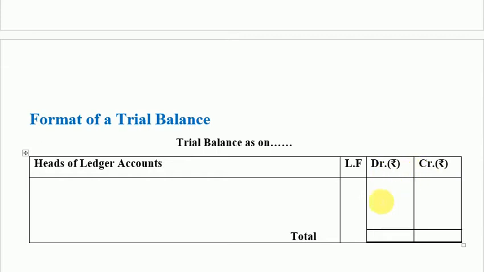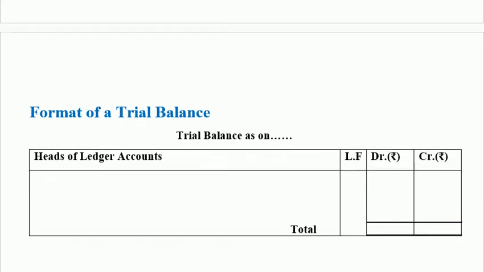And these are the subheads, whereas the main head given on the top of the format is trial balance as on a particular date. Whatever date it is prepared, it is mostly the end of the month or a year or half yearly. We have to write that date here, and that is why there is no date column, just like in bank reconciliation statement. And finally, when you are done with the debit and credit postings in these two columns, you write the total. If everything goes correct, the total of the debit column will always be equal to the total of the credit column.